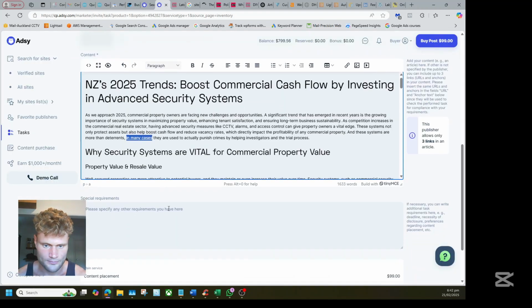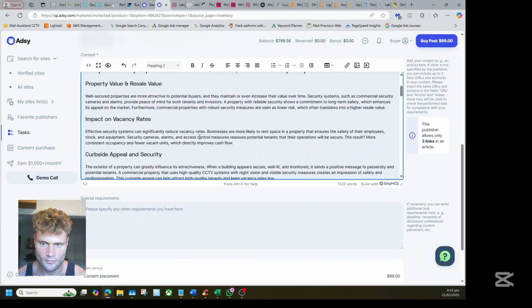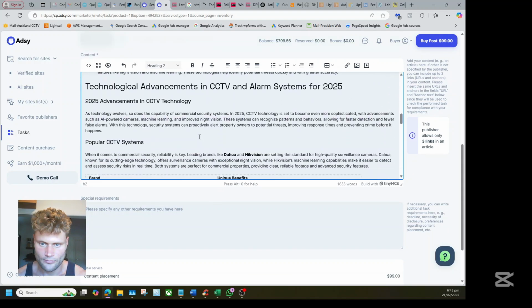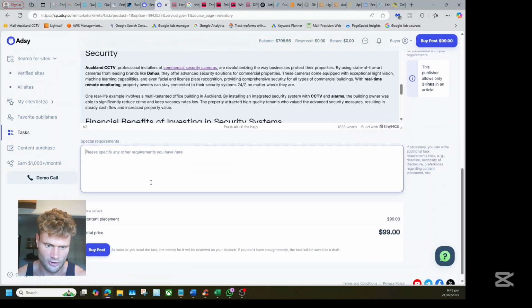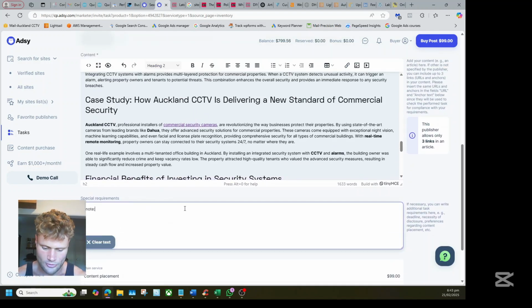Save. Yeah, that looks good. Now, I'm just going to tell them in the special requirements, just note there's 2 internal links. If for some reason I can't have 3 links as specified, only keep the one with anchor text, commercial security cameras.